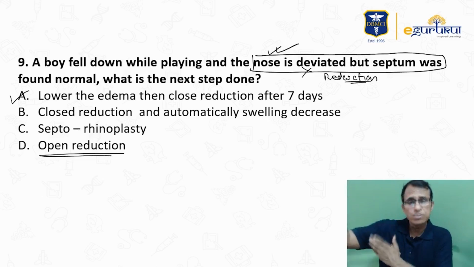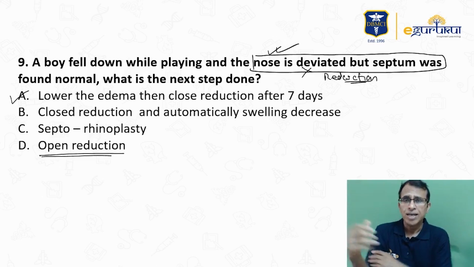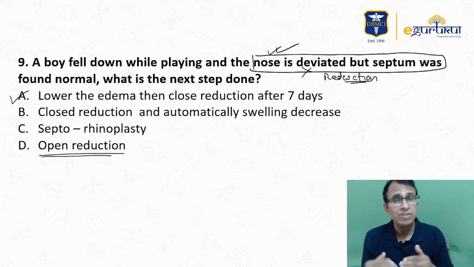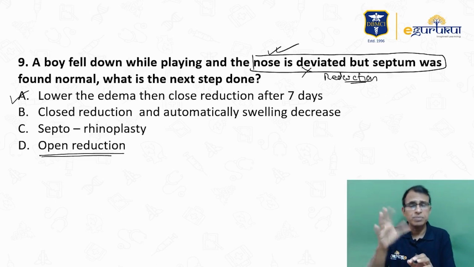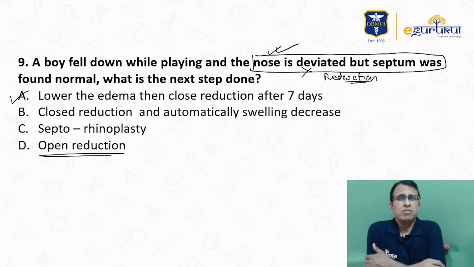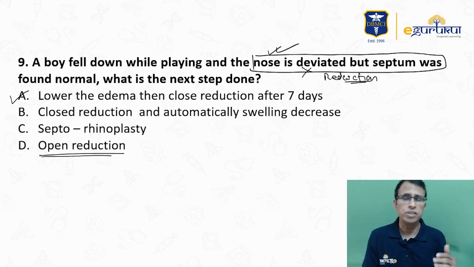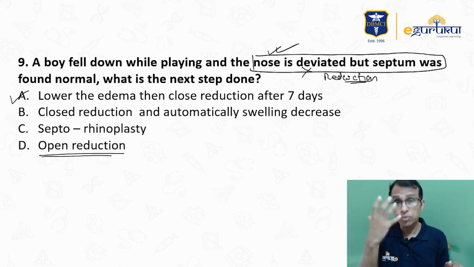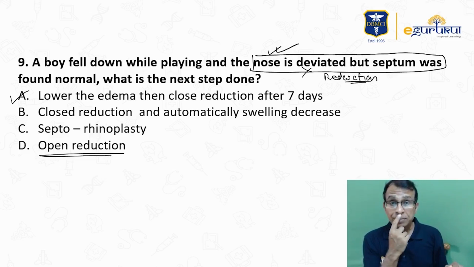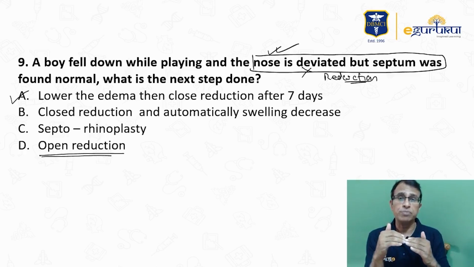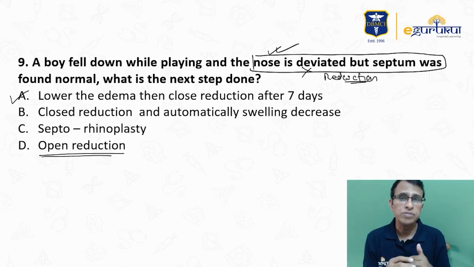If somebody's hand is broken and then you fix and it is not 100% correct, they will never mind if it is 80, 90% correct, because it doesn't matter cosmetically. If they can function, the hand is functioning okay, they will never complain. Same is the case with the leg. But facial bones, nose especially, they are very, very particular about the cosmetic. Septum, they don't mind because septum is inside. Septum, if you don't make very correction properly, then it doesn't make too much of difference because it has no cosmetic value. It is inside. Nobody is going to look into your nose.